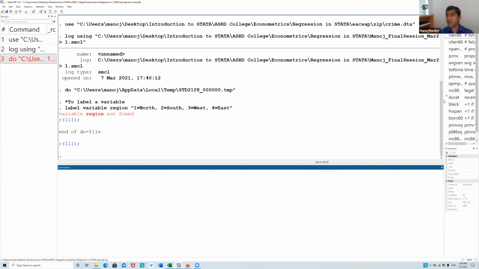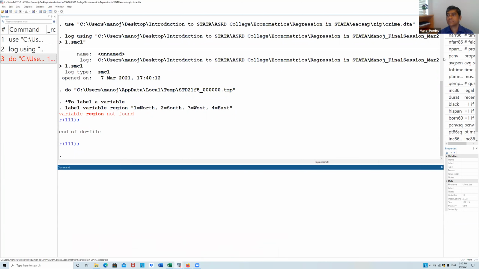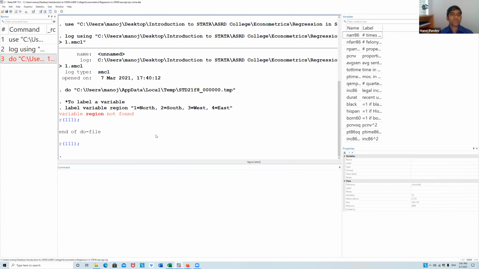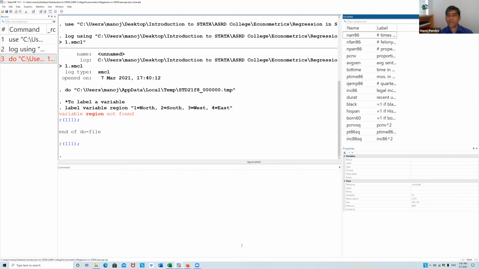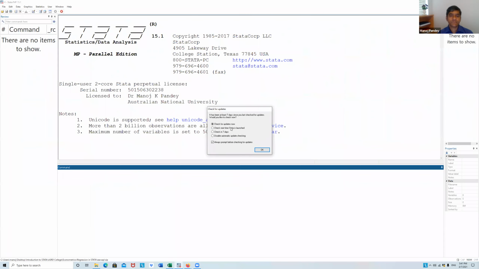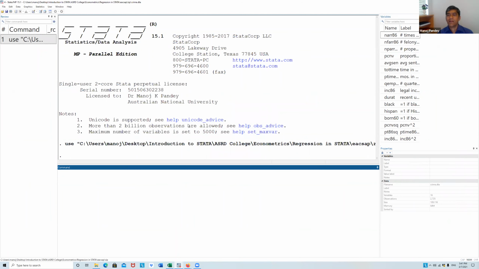The region variable is not found. Why? Oh, okay. No worries.